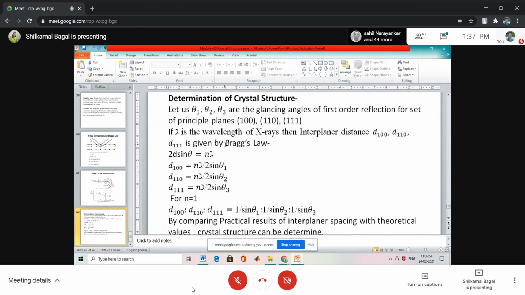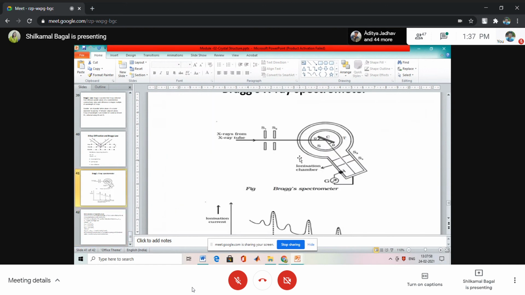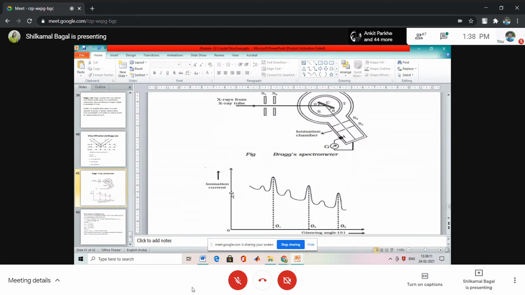ये लिखना जरूरी है, समझे क्या? And if the question is that explain Bragg spectrometer with its construction and working, तो आपको ये स्पेक्ट्रोमीटर के बारे में एक्सप्लेन करना है. इसका कंस्ट्रक्शन डायग्राम में जो दिखाया है वो एक्सप्लेन करो, then how it works वो एक्सप्लेन करो. Also with that show this graph of the observations. Okay, that is the spectrometer हो गया.